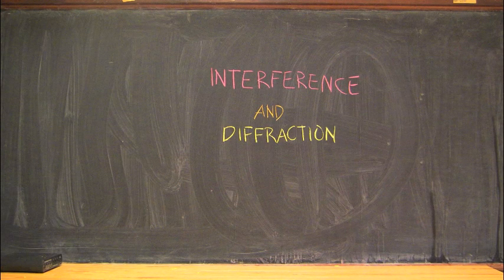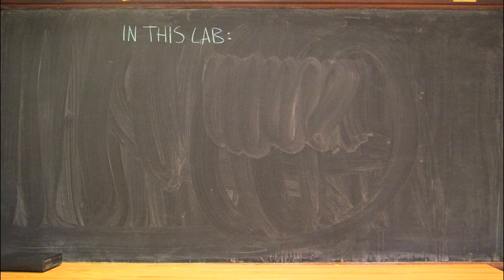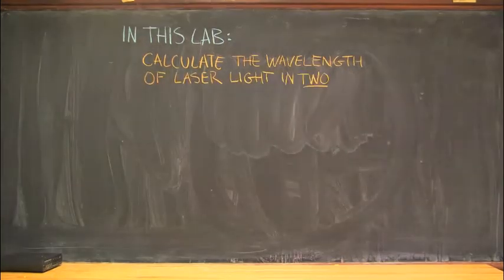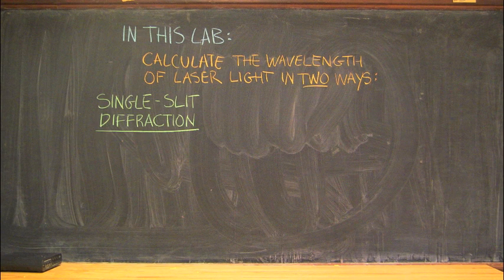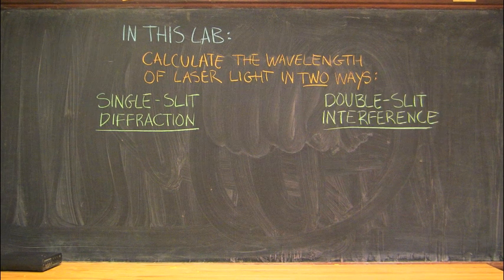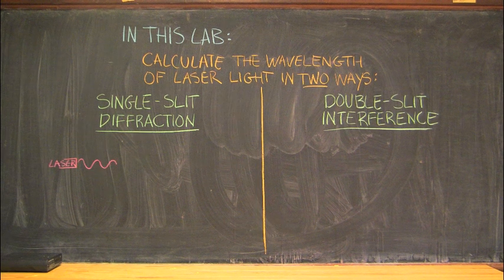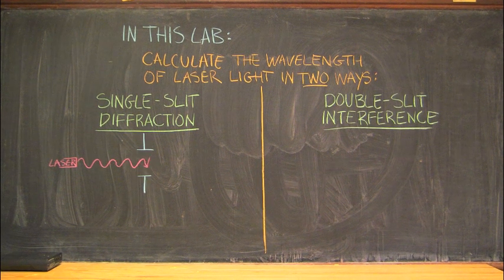This week we'll study interference and diffraction. In this lab, we will measure the wavelength of laser light in two ways, by inspecting a single-slit diffraction pattern and by inspecting a double-slit interference pattern. In the single-slit case, we'll shine a laser on a slit of known slit width, A, and observe the diffraction